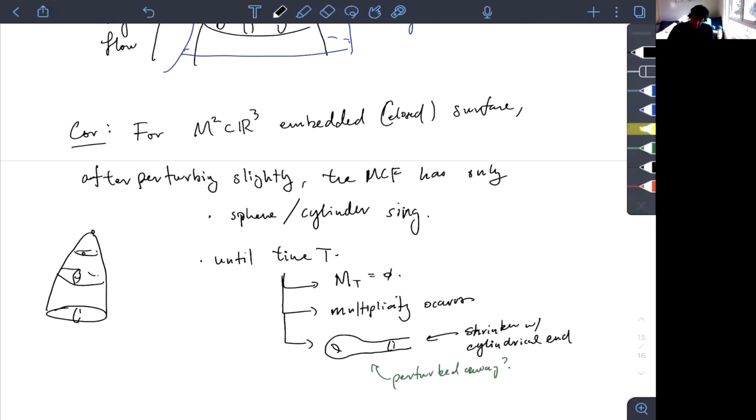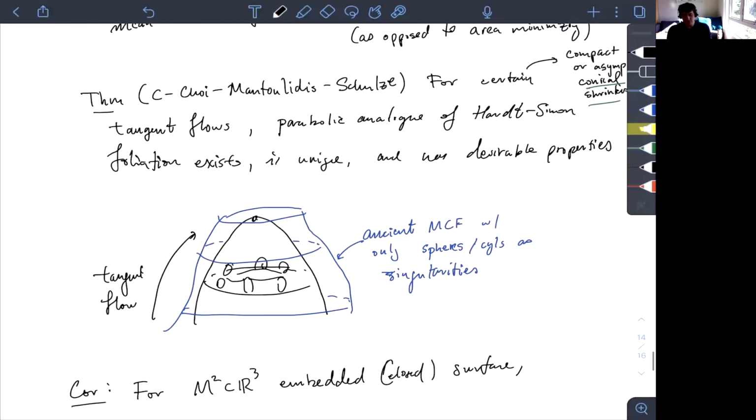And so essentially what this does is it says that the only thing that could happen for a generic flow is multiplicity. And of course, that's a really big only. And so that's not very desirable, but still it at least reduces the case to the one last remaining thing that could happen in this setting. And so for this result and this Hart-Simon result, you really need this full classification of